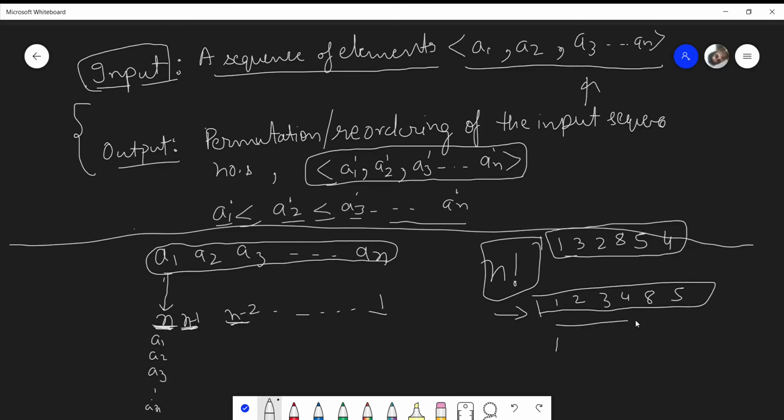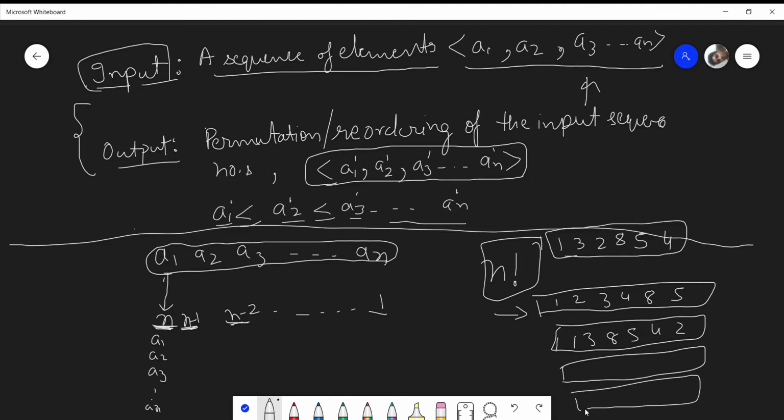And there can be many other permutations for the same. So I'll keep generating all the permutations of my input sequence, and I'll keep checking if a particular permutation is in sorted order or not.